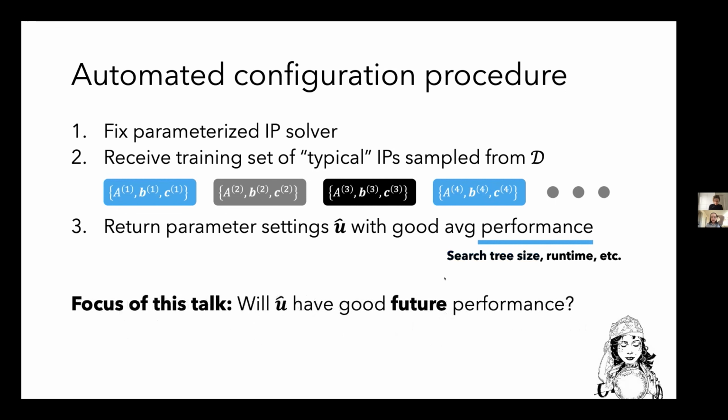And second, which is going to be the focus of this talk, is no matter how we optimize these parameters using your favorite parameter optimization algorithm from this applied research, can we guarantee that this parameter setting we come up with will have good future performance on future integer programs from the same application, but which aren't already in our